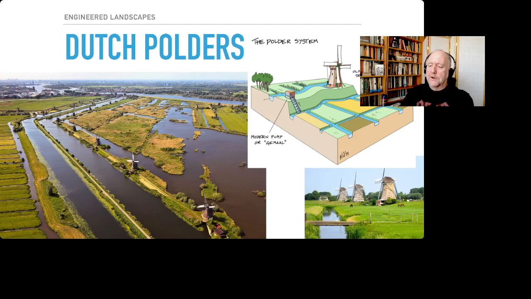Now, often these areas are marshy, right? So they function as wetlands, but they also function as ways to control floodplains from upriver. There are polders in 21 countries that we know of, including Bangladesh, Belgium, Canada, China, Denmark, Finland, France, Germany, Guyana, India, Ireland, Italy, Lithuania, the Netherlands, of course, Poland, Singapore, Slovenia, South Korea, Spain, the United Kingdom, and the United States. So it's an interesting way of